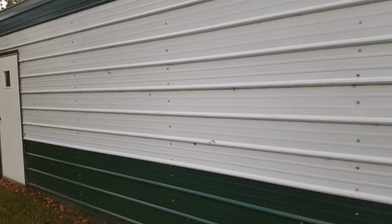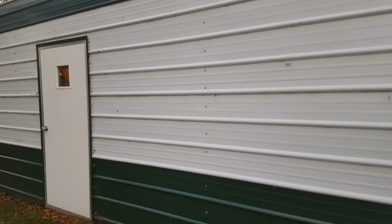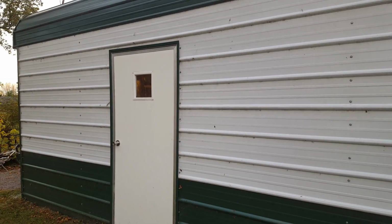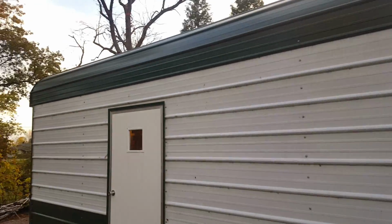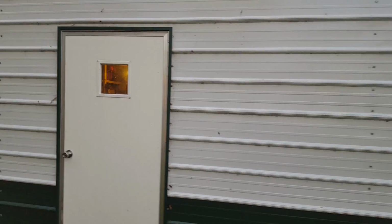And I do believe it's an 18 by 30. I think it's actually considered 18 by 31, but the 31 is a 6-inch overhang on the front and 6-inch overhang on the rear. Ended up going with two-tone, white and green, at no extra cost. And I did have a door put in, which we're not going to go into this door